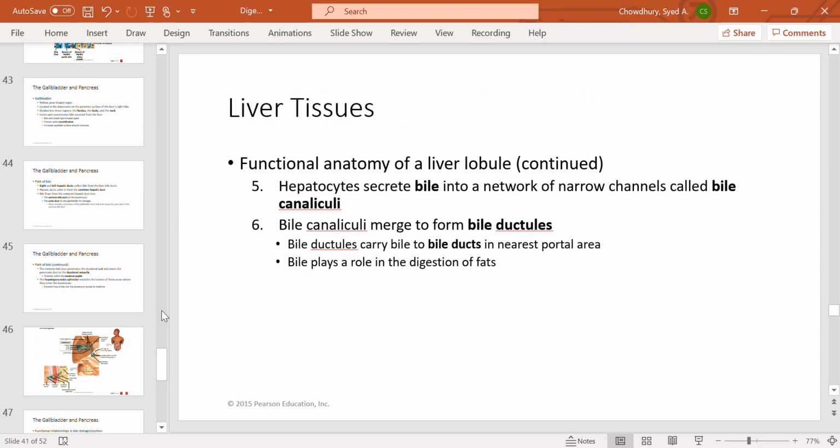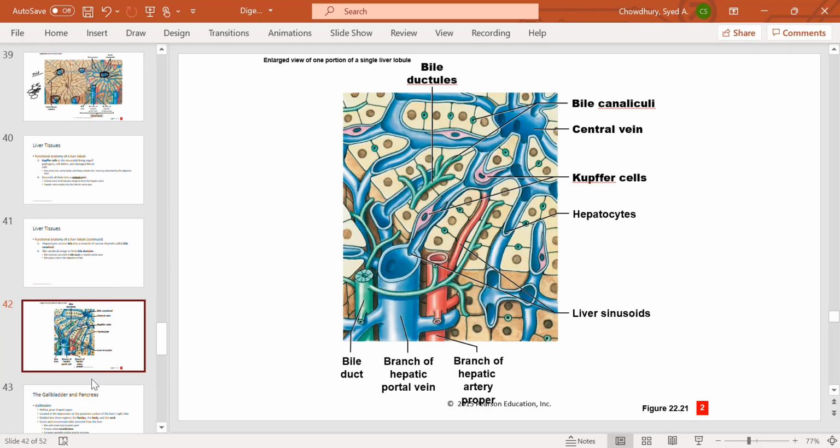Okay, now if you see here, these are bile canaliculi, these fine channels. And these are the hepatocytes, liver cells, and they will secrete the bile. Then bile will enter into the canaliculi. These green structures are canaliculi from each cell. You see, they are attached to each cell, every cell. So the cell will secrete the bile, will enter into the canaliculi, and from the canaliculi will enter into the